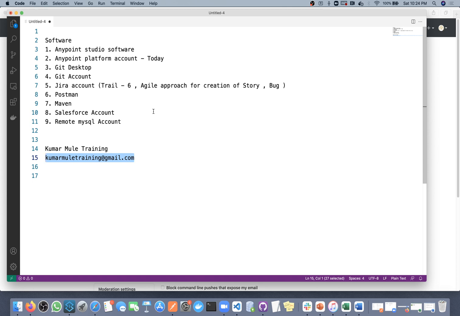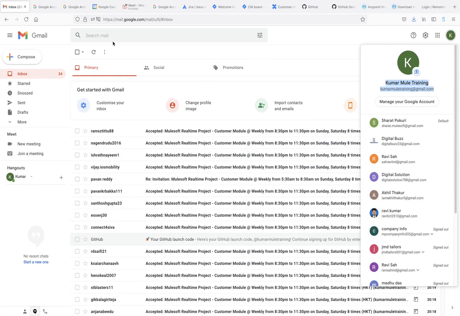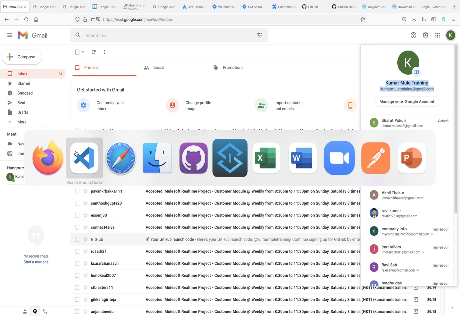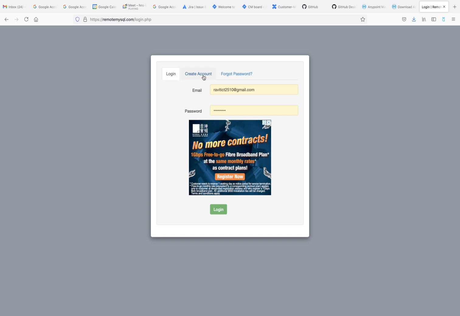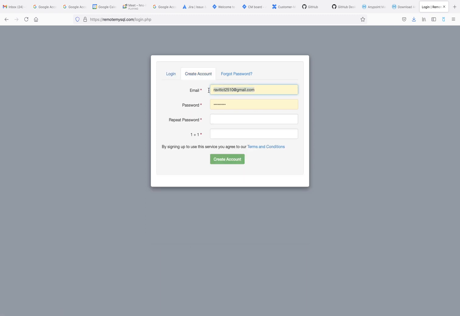For Salesforce also, everyone will use their own account. I don't think there will be expiry, but you will have limited functionality. But whatever functionality we are going to use, all of it is there.